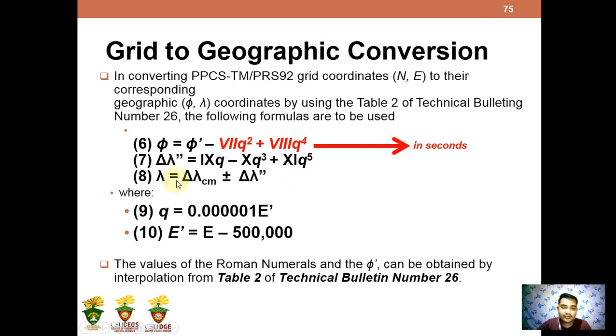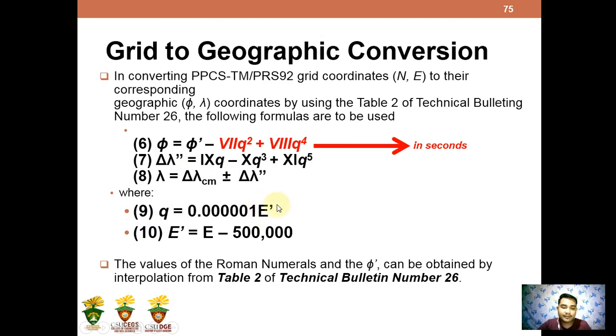To get the longitude, we have this formula: longitude of the central meridian, plus or minus the change in longitude. It is the same as how we did it in the previous slide, in getting the change in central meridian. Again, it is plus or minus because if the answer is negative, minus; if positive, plus. Plus or minus the change in longitude in seconds, which is the output of equation number 7, where q is equal to 0.000001